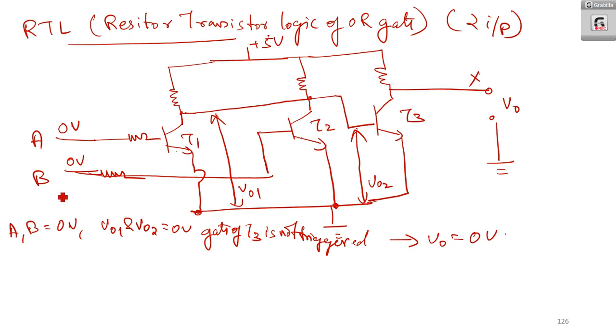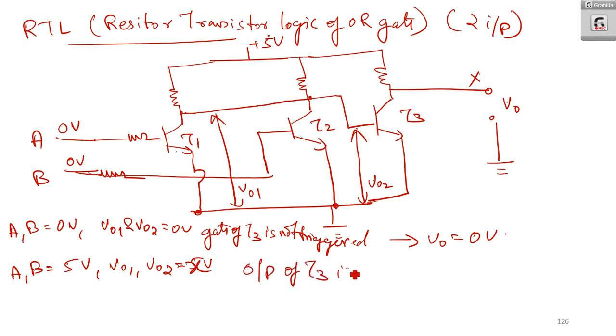Remember that T1 and T2 are in off condition. Again, if A and B are 5 volt, then T1 is on. That means V01 and V02 have some voltage, say H volt, and the output will be high because T3 becomes conducting, and you will get the output voltage as high. That means output of T3 is triggered,